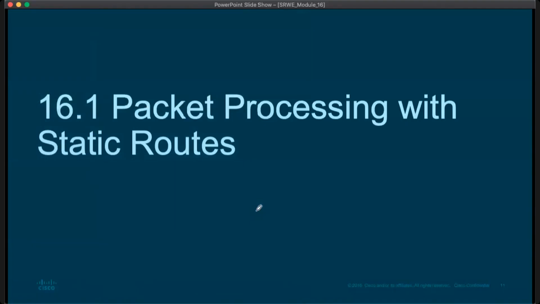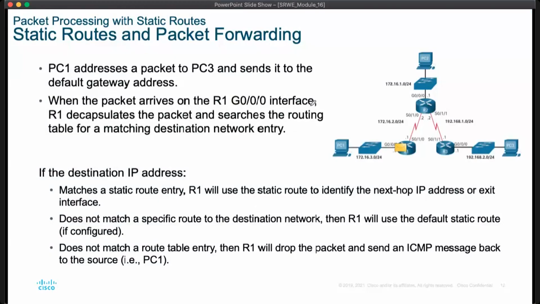16.1, packet processing with static routes. Okay, packet processing with static route. If you look at this diagram, PC1 addresses a packet to PC3 and sends it to the default gateway address. When the packet arrives on R1